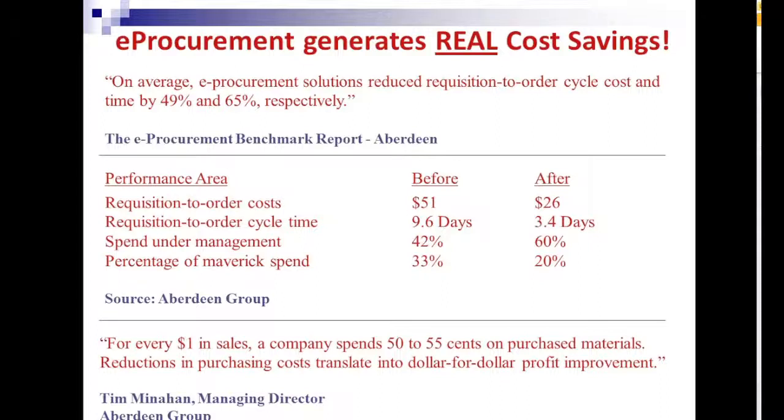This is just a little bit of propaganda from the Aberdeen group. We didn't make this up. Basically what the Aberdeen group is saying is that an e-procurement solution such as iPurchase does have some very tangible benefits, such as reducing the requisition to order cycle, which is what I just mentioned on the previous slide. They've tried to quantify it here from $51 to $26, okay? Reducing the cycle time from almost 10 days to about 3.5 days, getting maverick spend under control, et cetera, and